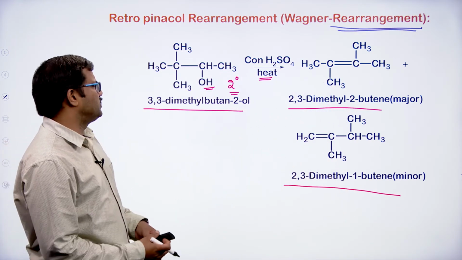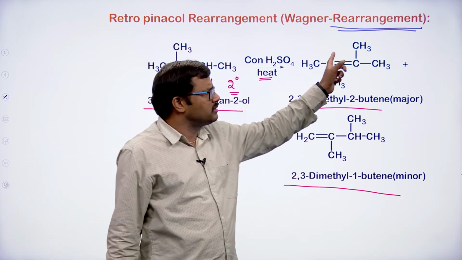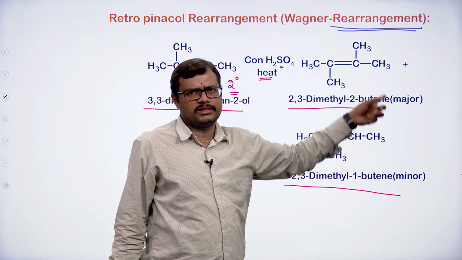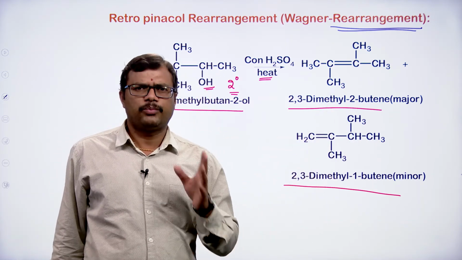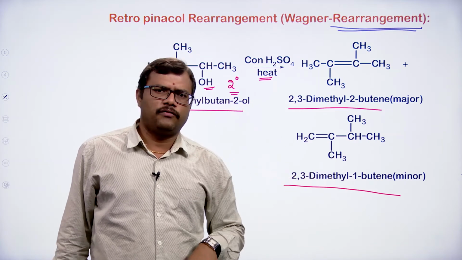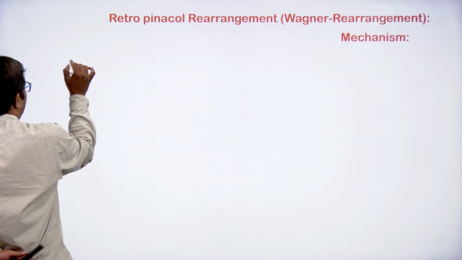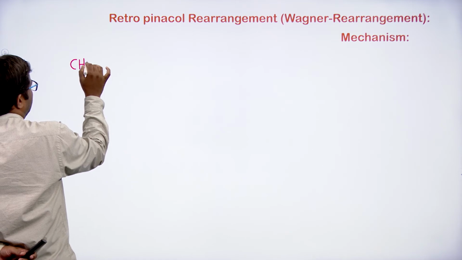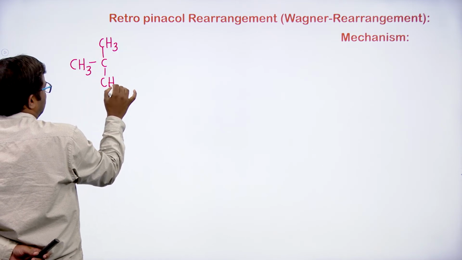Since the methyl groups are present here, but when you observe the product, some rearrangement has taken place in this reaction. So how is the rearrangement going to happen? The formation of rearrangement products is mainly because of carbocation formation. This is what we have already discussed in the case of carbocations. Let me explain how the mechanism can be seen in this case.